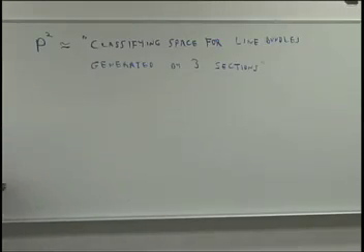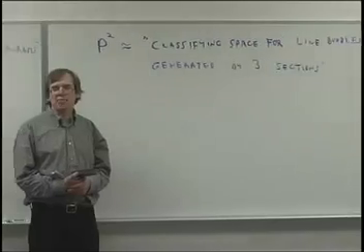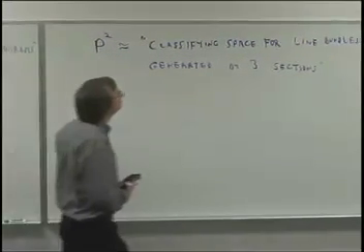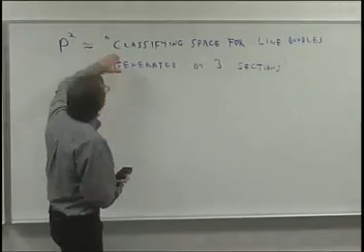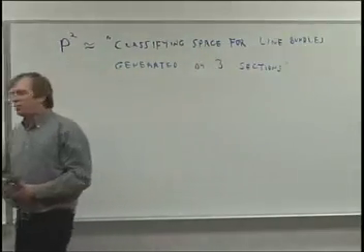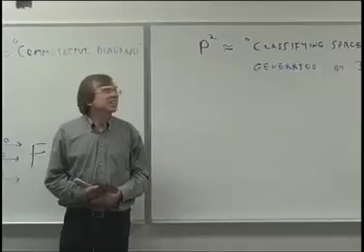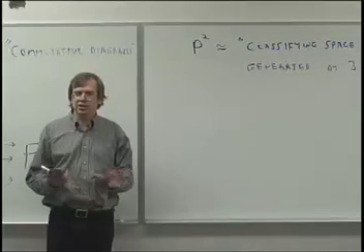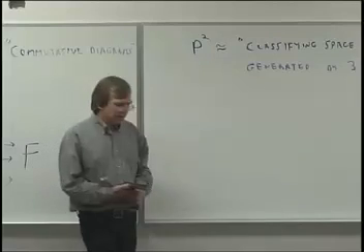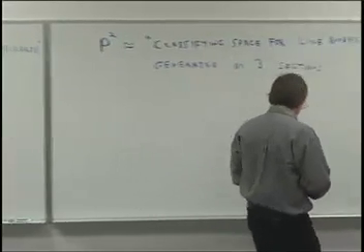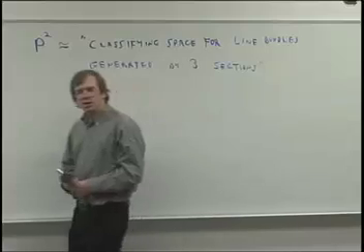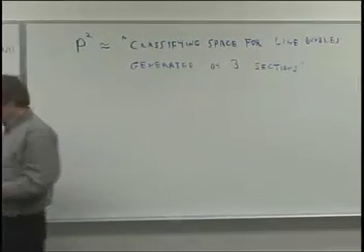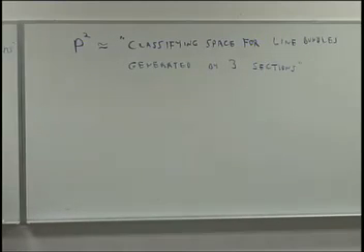There's a lot of things I do understand here, and a lot of things that I don't understand here. I'd like to comment a little bit on some of the things that I do understand, some things I don't understand. This word classifying space, I think it's pretty much a synonym for moduli space in the world of algebraic geometry. I would think it's really just another word for moduli space, although I won't guarantee that algebraic geometers don't have some subtle difference in meaning between them.